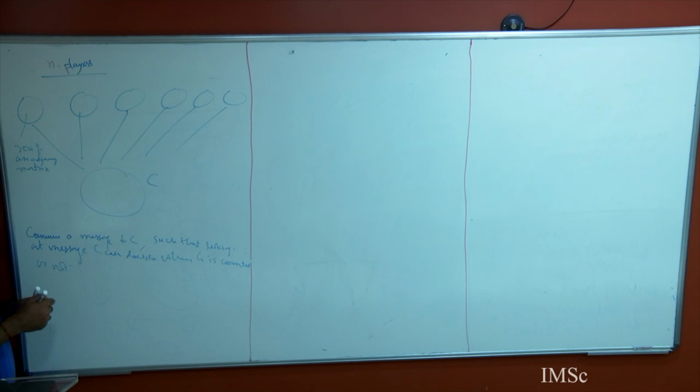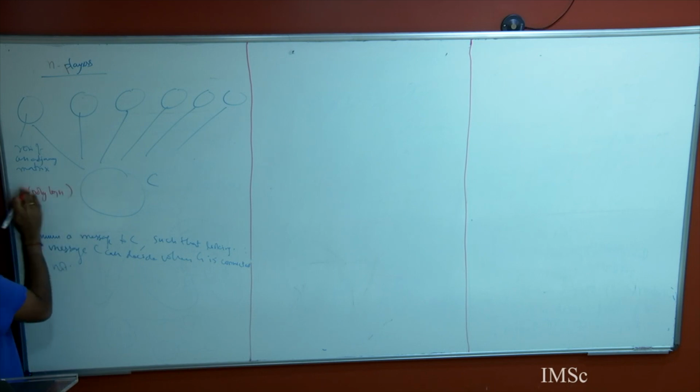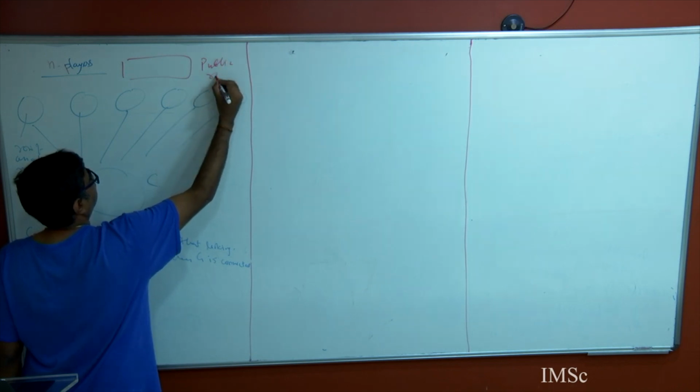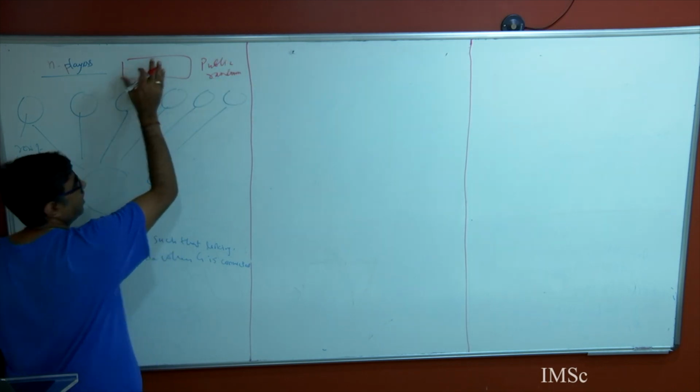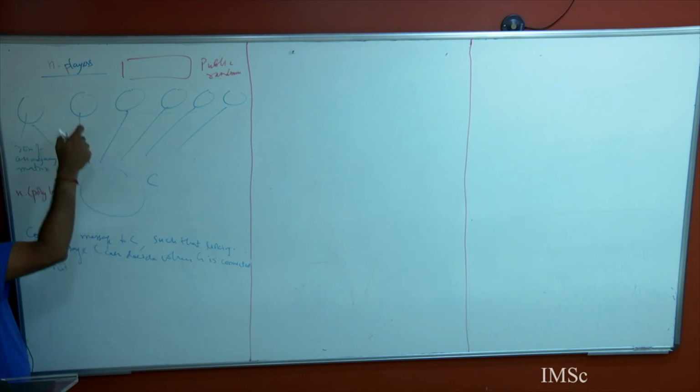But our goal was to send messages as small as possible, and we showed last time that there exist messages of size polylog n bits, such that the total amount of messages sent to C is n polylog n. We also assume that there is public randomness. What do we mean by public randomness? Everybody has the same random source.